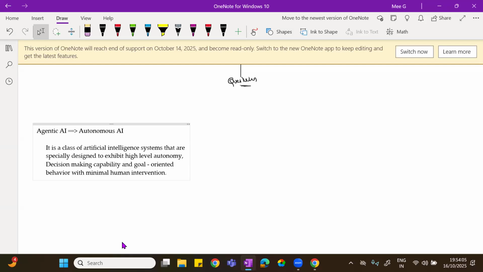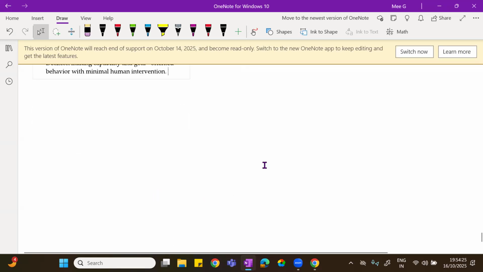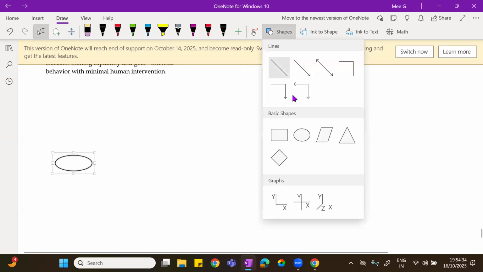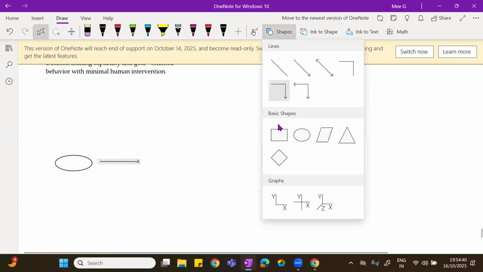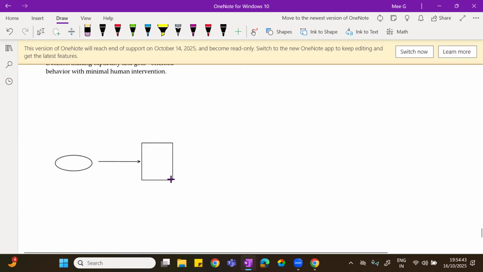For example, I want to plan a trip. Just say I'm planning a trip abroad within a budget of this, and prepare an entire plan. Now, what exactly will the agentic AI do over there? First, you will give a prompt. This prompt will be taken care of by your LLM. And the LLM will allocate this task to an autonomous agent.